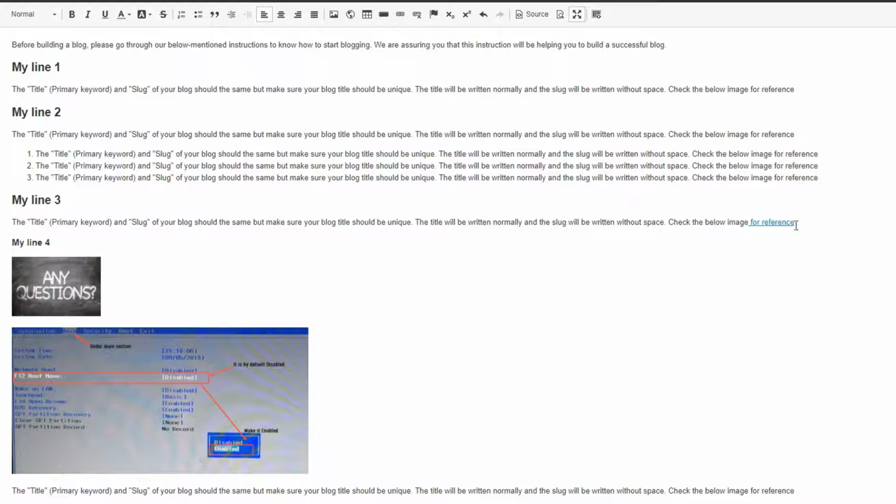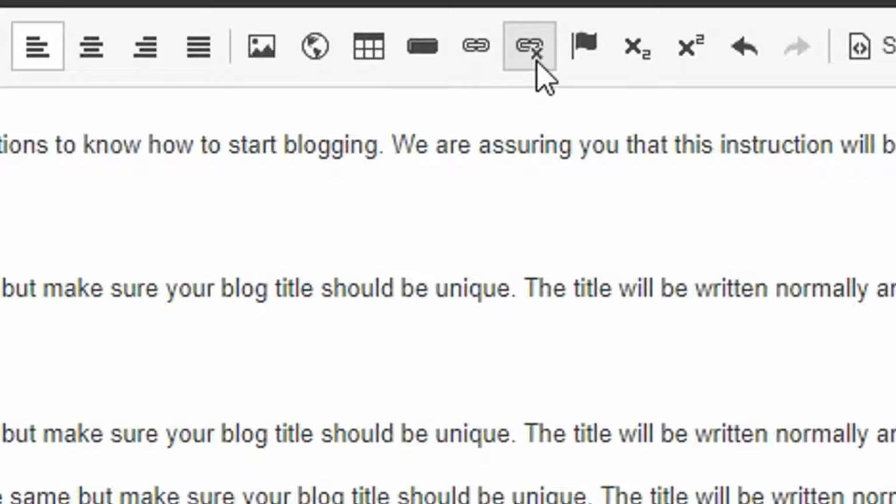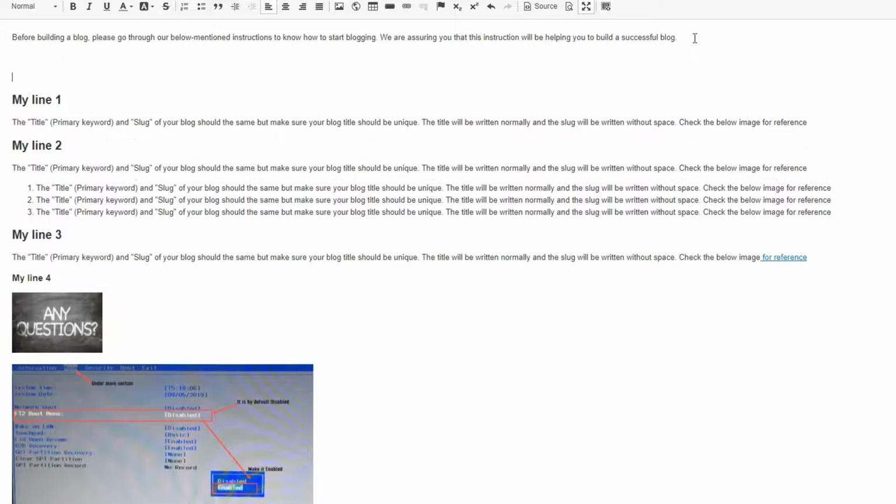If you want to remove a link, just select it, and on the other side you can see that cross sign. You can unlink it if you want to remove that link. Now it is our turn to learn how to add scrolls. It is a very easy and catchy thing, so you can apply it here.